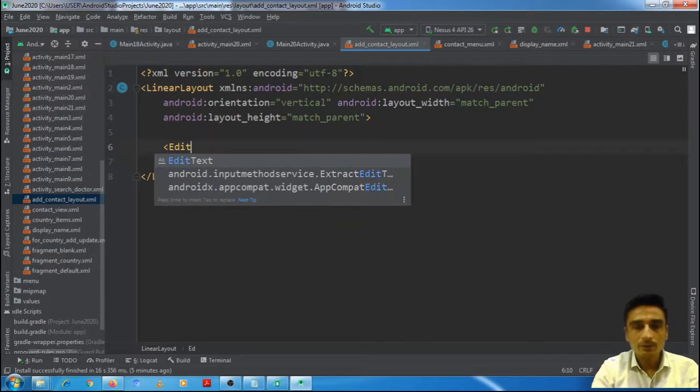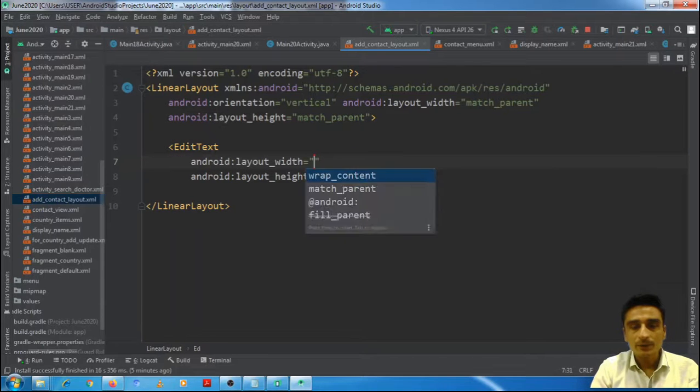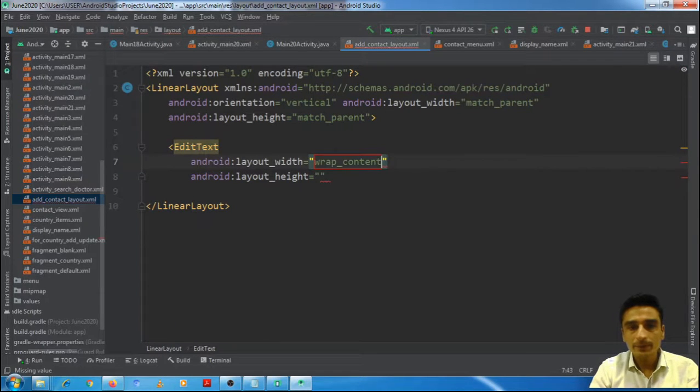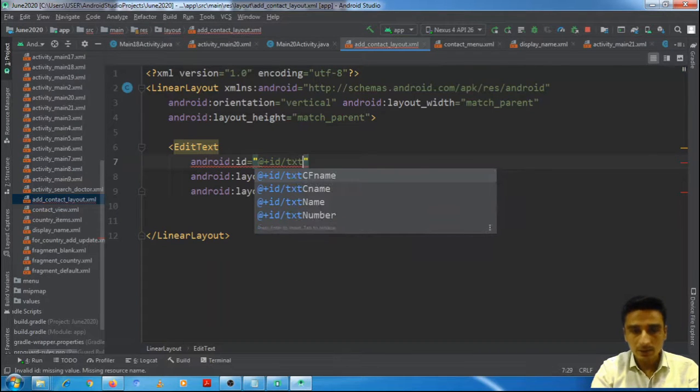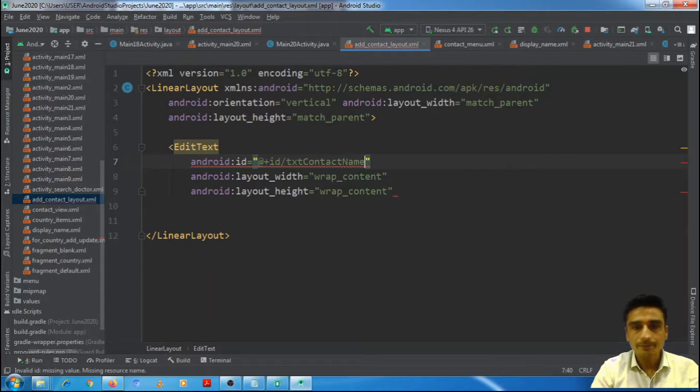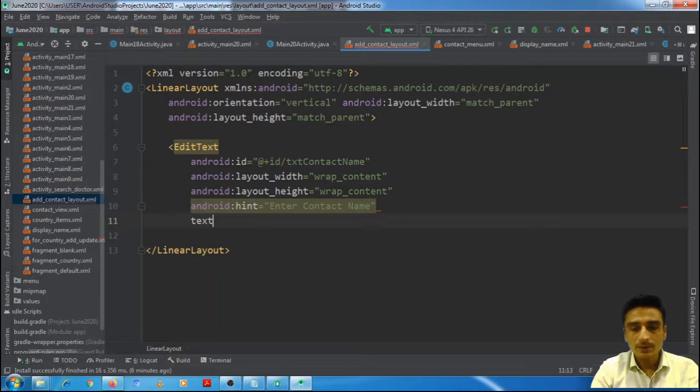Then one edit text. Its width and height will be wrap content. We also need to give an ID to it. We will give ID as txt contact name, and we will give a hint to the client, enter contact name. Text size would be set as 25 dp.